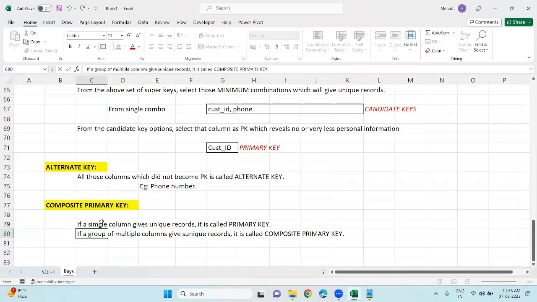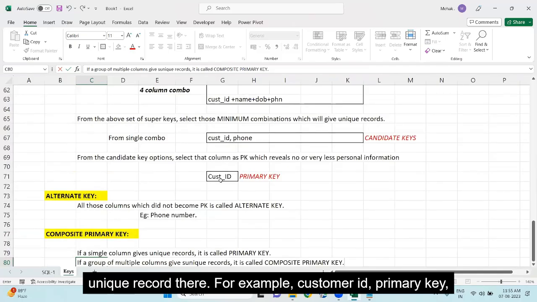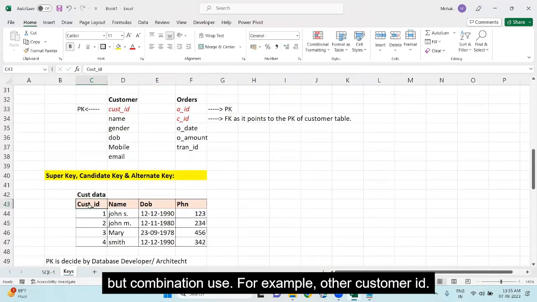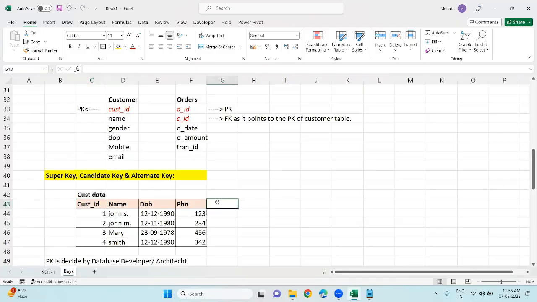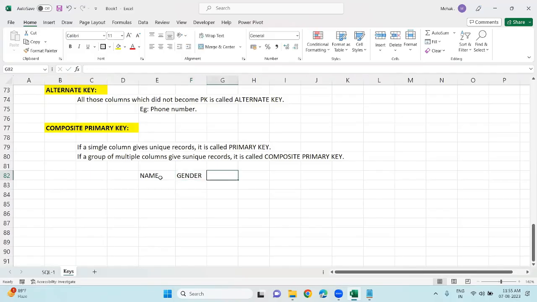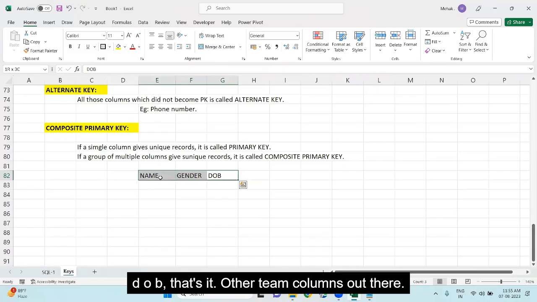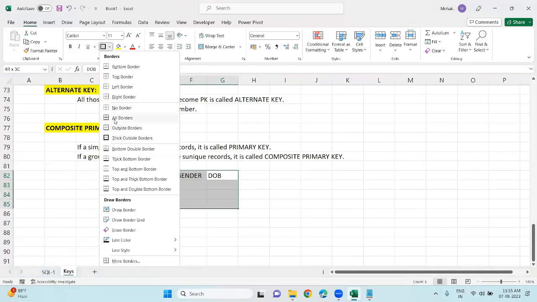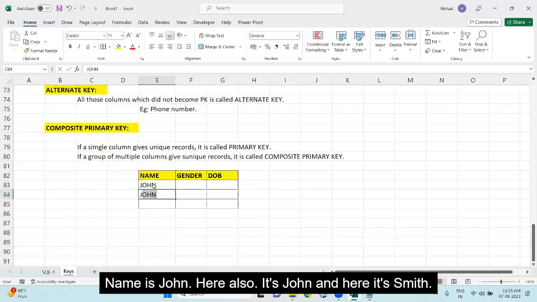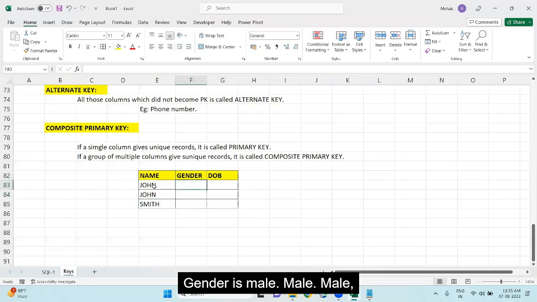अगर तो एक कॉलम आपको यूनिक रिकॉर्ड दे रहा है, फॉर एग्जांपल कस्टमर आईडी, फिर तो वो कहलाएगा प्राइमरी की. बट अगर मान लो कि कॉम्बिनेशन यूज कर लो, फॉर एग्जांपल अगर कस्टमर आईडी नहीं होता यहाँ पे, ठीक है, लेट मी गिव अनदर एग्जांपल. वी हैव नेम, जेंडर, डीओबी, दैट्स इट. अगर 3 कॉलम्स होते हैं, ठीक है. नेम इज जॉन, हेयर ऑल्सो इट्स जॉन एंड हेयर इट्स स्मिथ. ठीक है. जेंडर इज मेल, मेल, मेल. ठीक है. एंड डीओबी इज लेट्स से